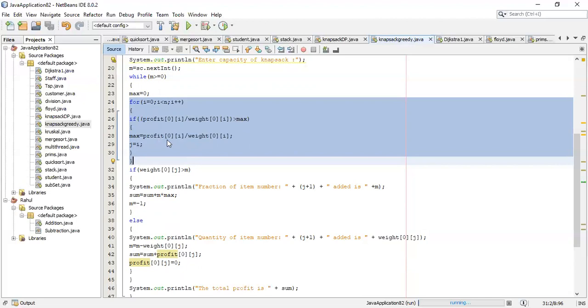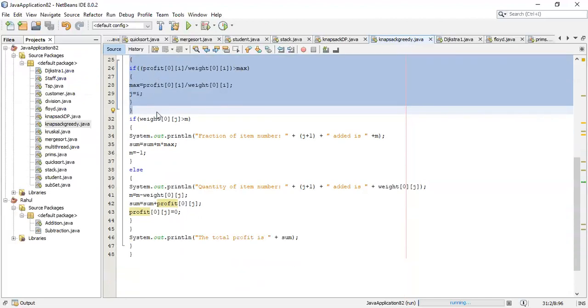So ultimately, according to what I explained using the Excel sheet, our main goal is to select an item with the maximum profit by weight ratio. This for loop does that. It selects an item with profit divided by weight ratio as maximum.